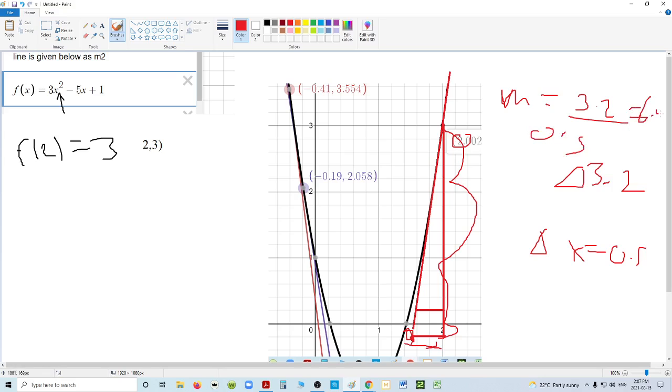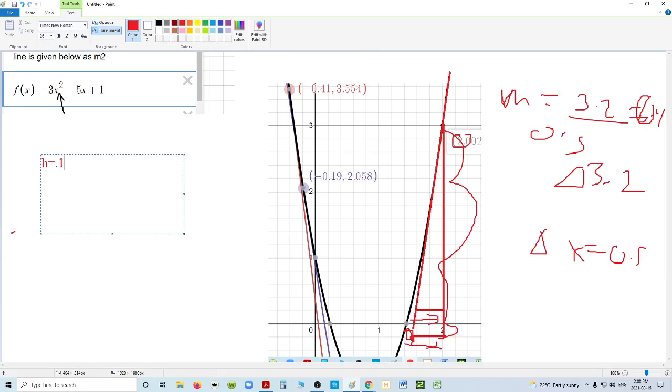So you can see the inaccuracy, mostly because that tangent's probably not as steep as it should be. The tangent should probably be more like that steep. I can only roughly get 6.4, and I already know that the actual answer is 6 times 2 is 12 minus 5. The actual answer is 7. So even graphically, I didn't quite get what I wanted. Then algebraically, you could take an h of